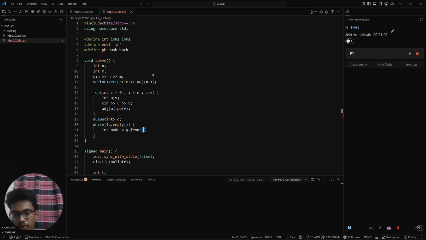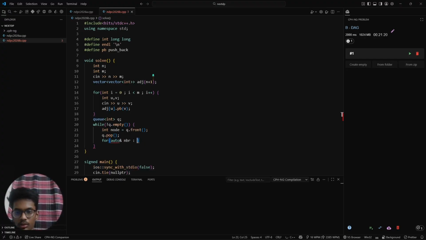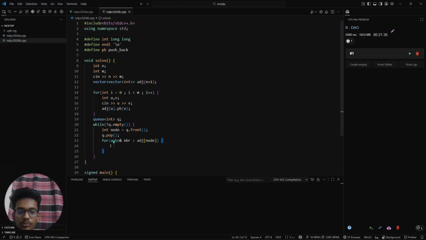Okay, we'll write a simple BFS: node equal to q dot front, q dot pop, and for neighbor in adjacency list of node. Okay, we need to do